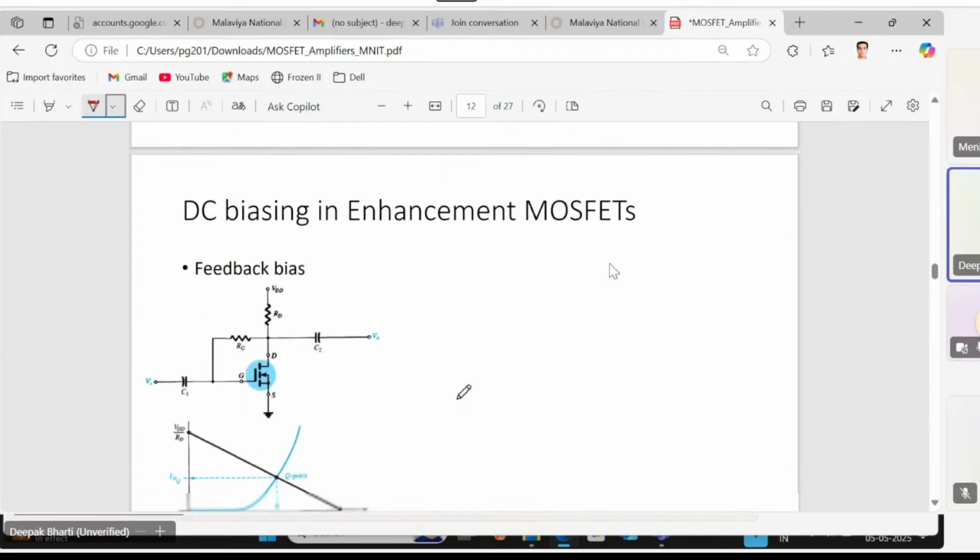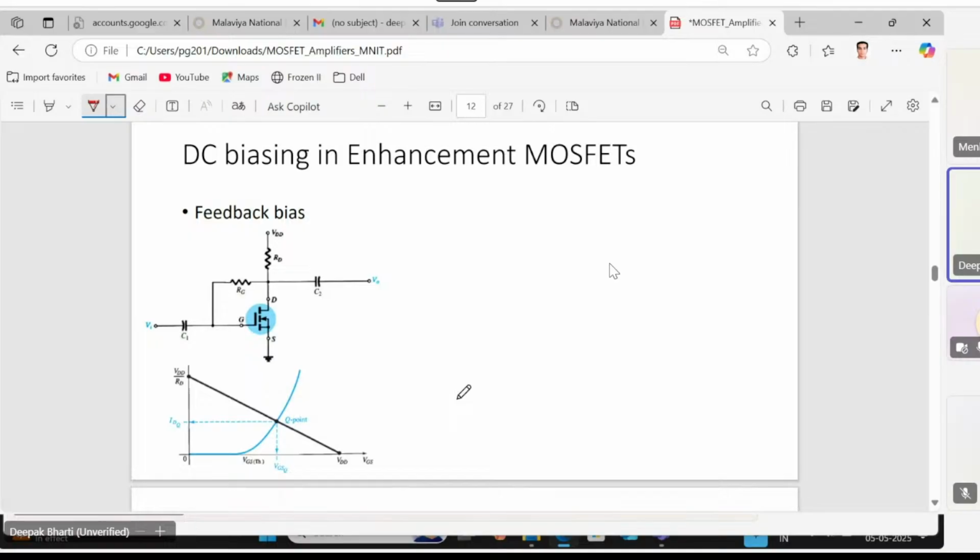Similar is the case in another kind of biasing network. It is slightly different here. How is it different? There is a feedback resistor between the drain and the gate, like this RG connected between drain and gate. So again, if we have to find its